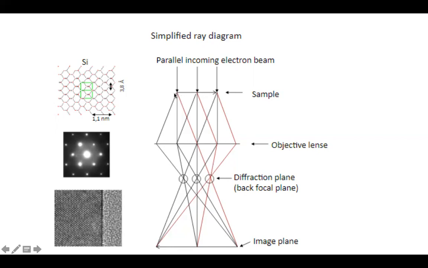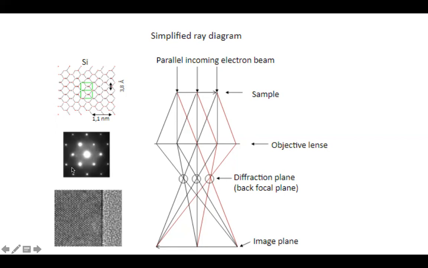Now here, the electrons diffracted from the same point are collected on the image plane at the same point. And it will reveal the crystal structure. So you can see the periodic arrangement of the atoms in here, the high resolution image, and this is the